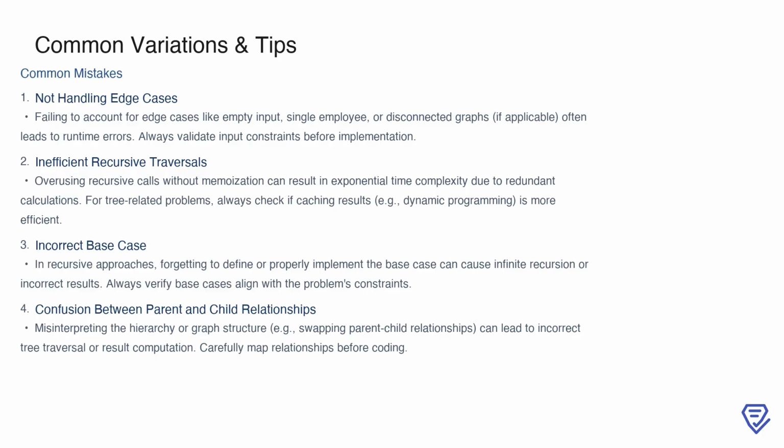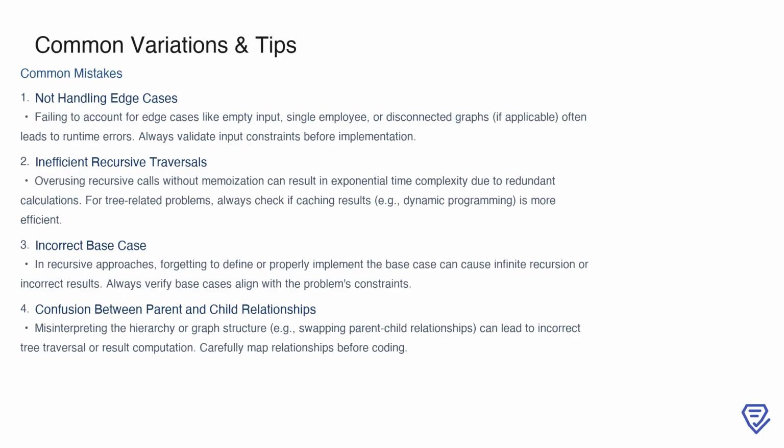Similarly, forgetting to define or properly implement the base case in recursive solutions can lead to infinite recursion or incorrect outputs. Always ensure your base case is aligned with the problem's constraints. Finally, a common source of errors is confusion between parent and child relationships within the structure. Misinterpreting these relationships can lead to incorrect tree traversal or computations, so make sure to carefully map out the hierarchy